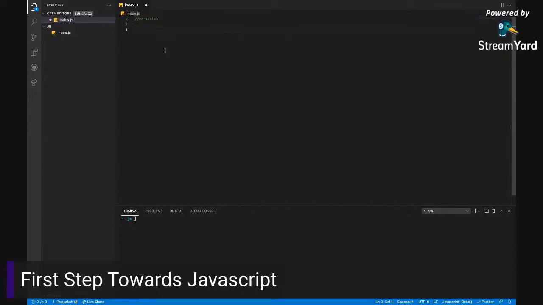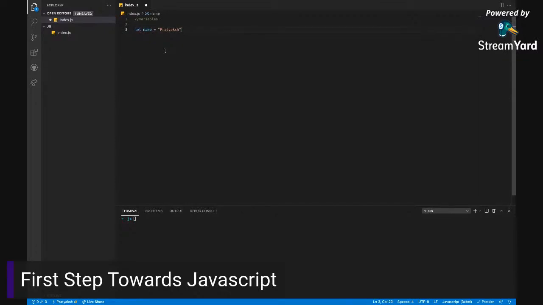Now let's say my name is Pratyaksh. So now you'll see what I have written. It's let, then name, then equals, then a quotation, my name, then the quotation end. This let is a keyword which lets the JavaScript compiler know that it's a variable, meaning the word following it will be the name of my variable.